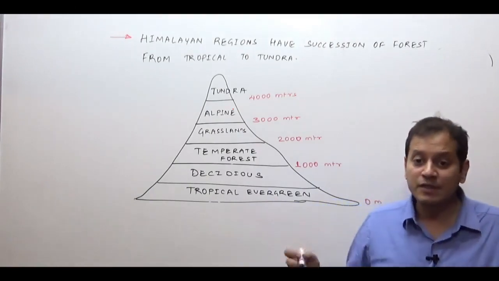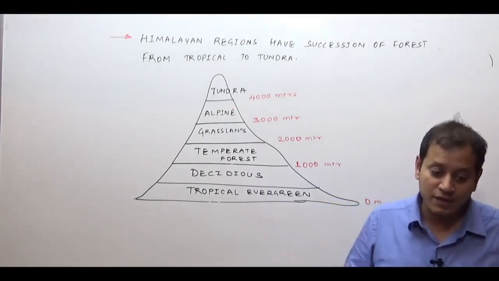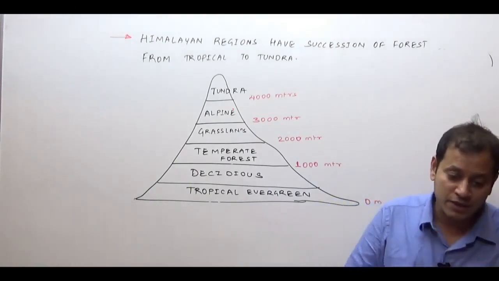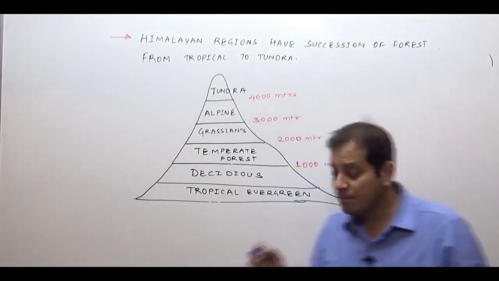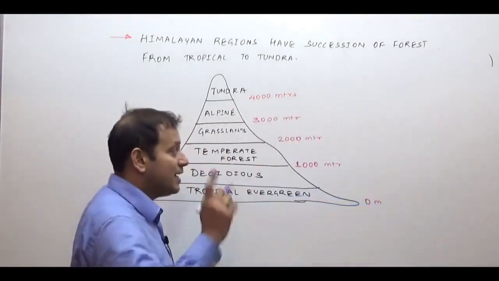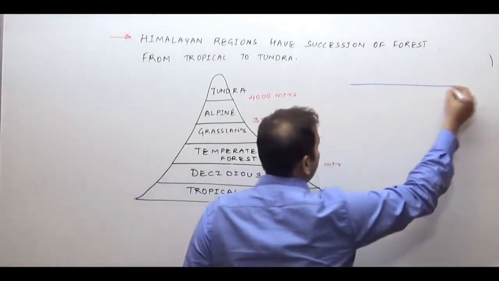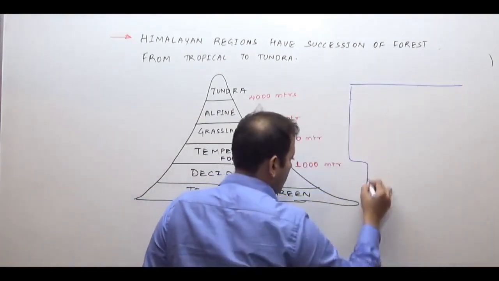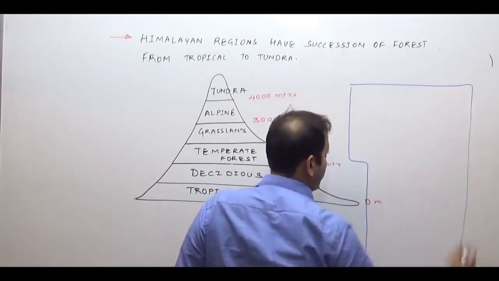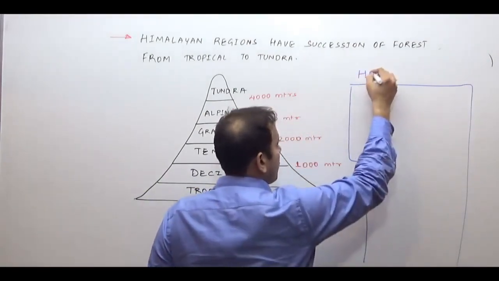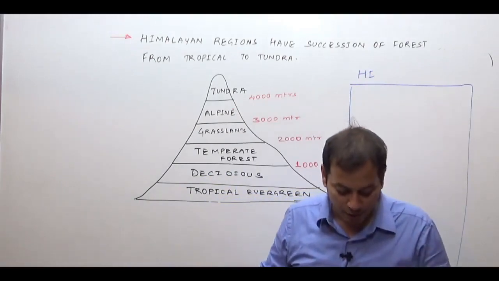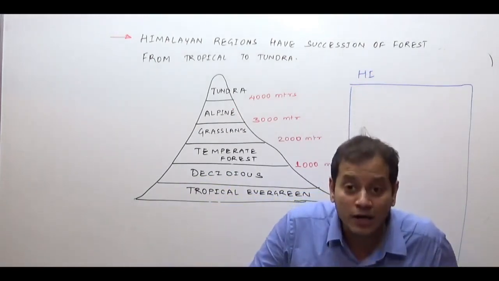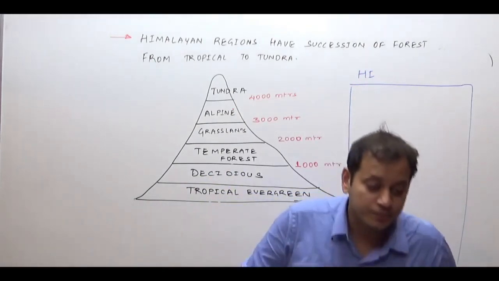So you have the temperate forest, you have the evergreen broadleaf forest, and the species which are important in the Himalayan region in the broadleaf forests are